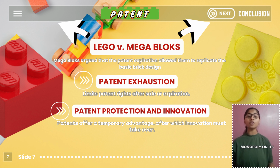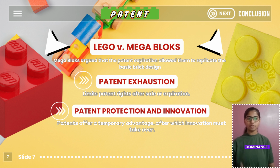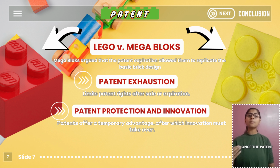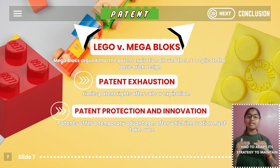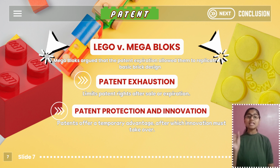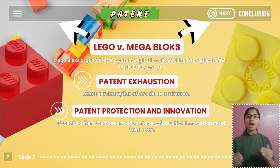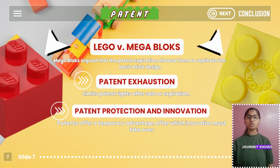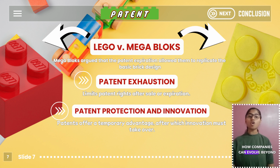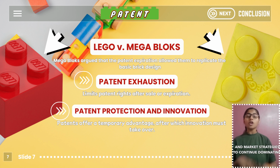Lego's monopoly on its block design was foundational to its early market dominance. However, once the patent expired, Lego had to adapt its strategy to maintain its competitive edge. The lesson here is that patents offer a temporary advantage, after which innovation must take over. Lego's journey shows us how companies can evolve beyond patents, using other IP protections and market strategies to continue dominating